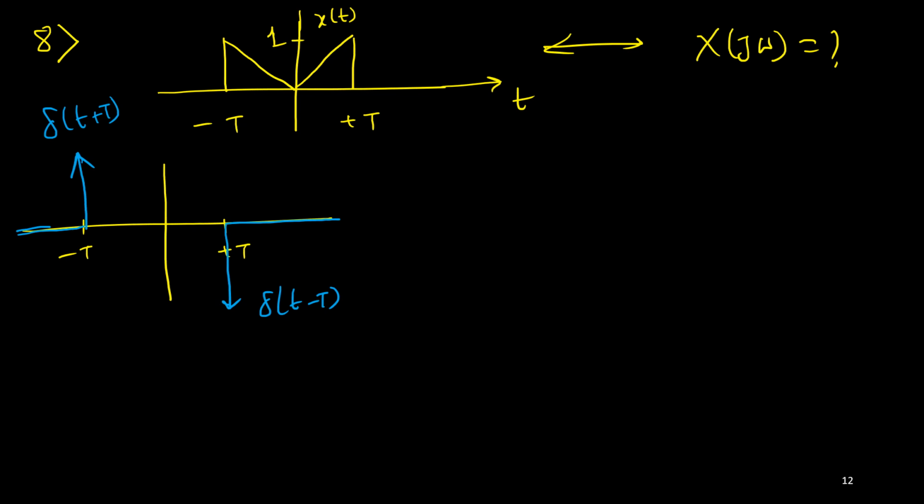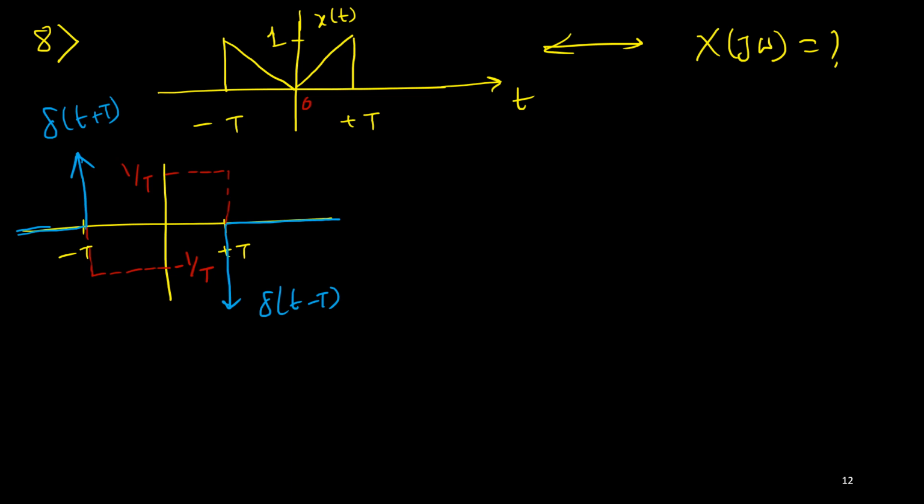Now here there is a negative slope from minus T to 0, and its slope value is minus 1 upon T. So I can indicate here, this is your minus 1 upon T. And similarly, from 0 to capital T, you will have a positive slope, which is 1 upon T. Is it correct? So the derivative property, you can use it.